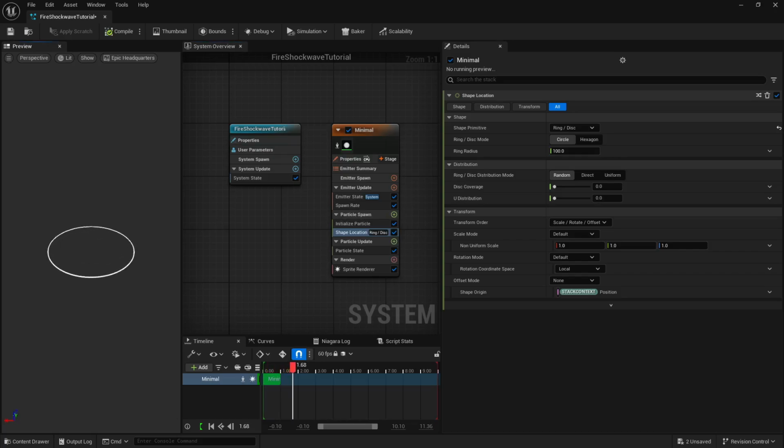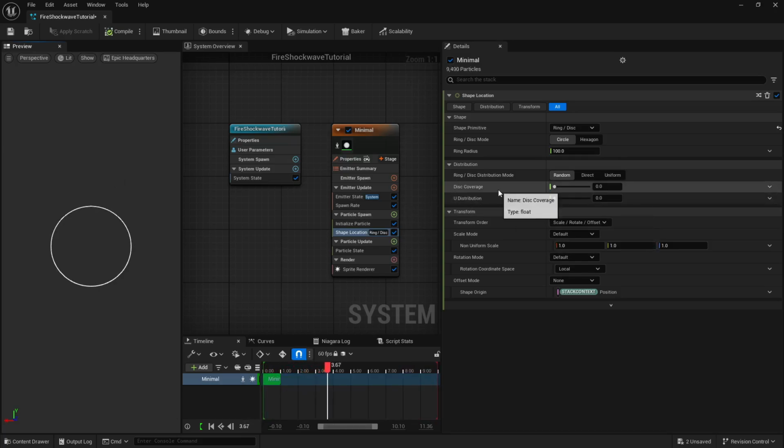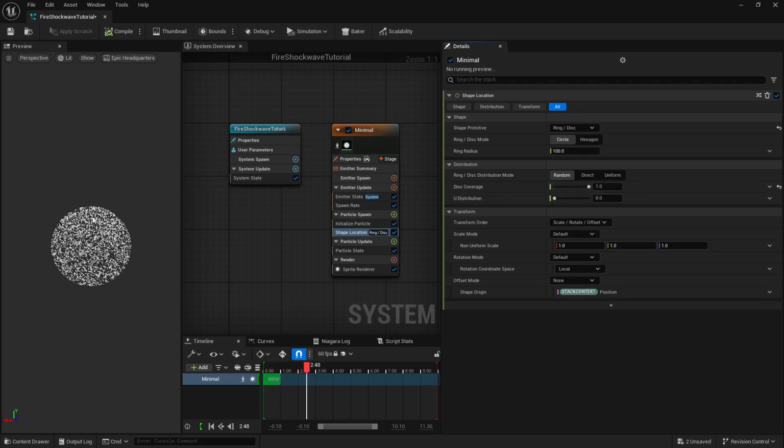And as you can see, we are having this ring. But what I want is for my particles to be emitted inside and then they should burst outside like this. Okay, so we can emit a shock wave. So in order to do that, you need to go to disk coverage and just make sure that disk coverage is set to 1 here. And now you can see we are emitting particles inside the disk here.